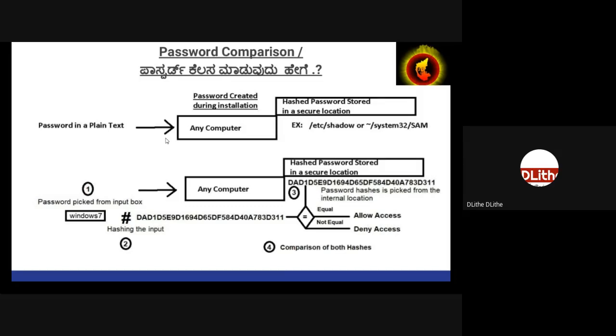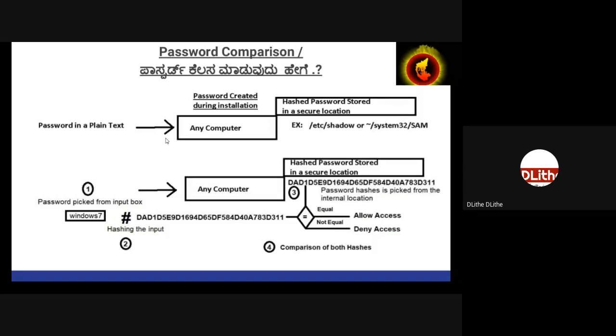Clear? Now you understood the relationship between hashes and passwords. So let us clearly understand how password comparison works. To give you a simple example, I'm just using a very basic example of passwords. It's a very basic part, so I hope it would be pretty straightforward. There's not much complicated here. Let me explain it in a simple way.